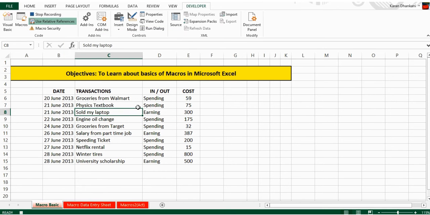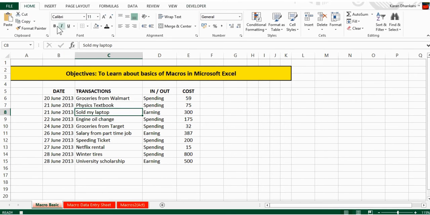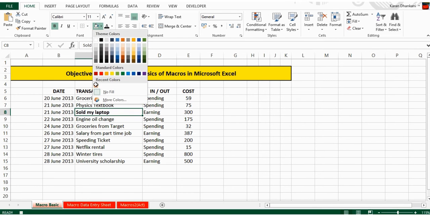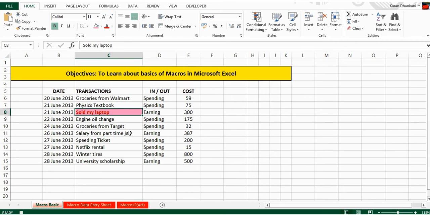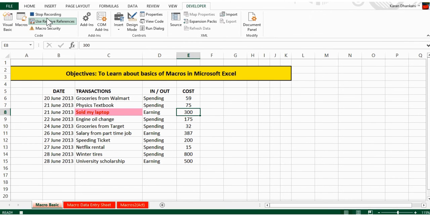Press OK. That's the macro is already recording, so whatever we do now gets recorded. We go to home, we bold it, and we select the background color to be pink and the font color to be red. That's mostly about it. That's what we wanted to do, and we want that to get repeated every time we run the macro. So we stop recording the macro,